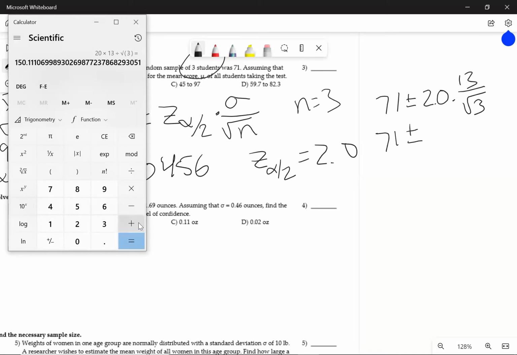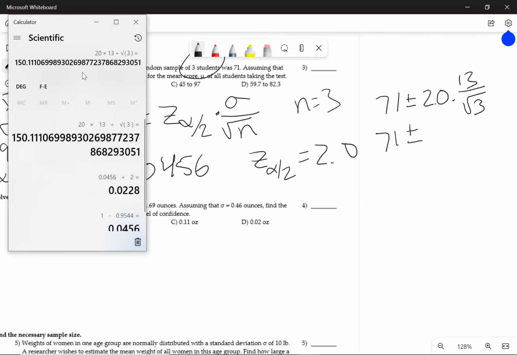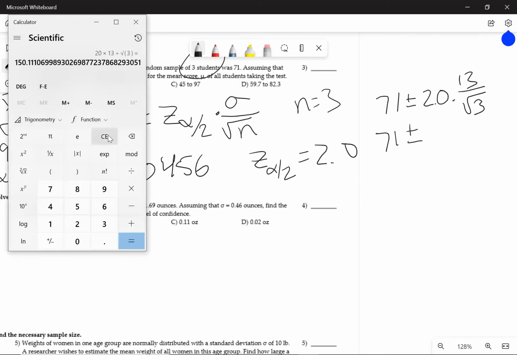That's 2, not 20. Look at me, I forgot my decimal. Made that mistake. We got to be careful what we're doing. I thought that looked too big. Let's try it again. Clear it out. It's 2, not 20. 2 times 13 divided by the square root of 3, which gives me